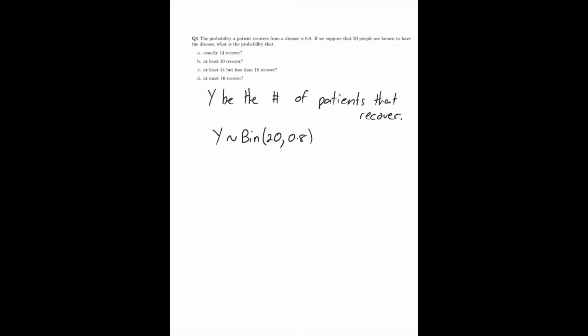So now let's go ahead and calculate the first probability. Part A says, what's the probability that exactly 14 people recover? So you want to know, what's the probability that Y equals 14, that the random variable does indeed equal 14 in this case. What's that probability? Well, we're going to use the definition of the binomial distribution and say that the probability is